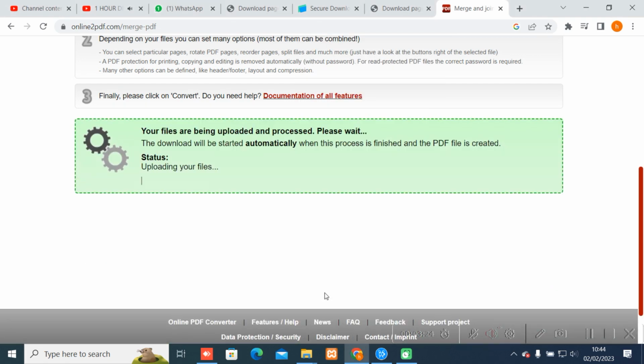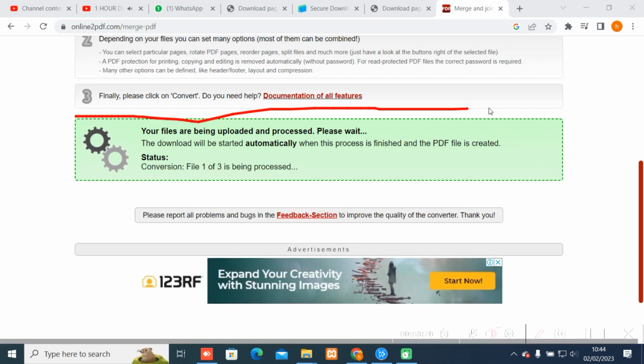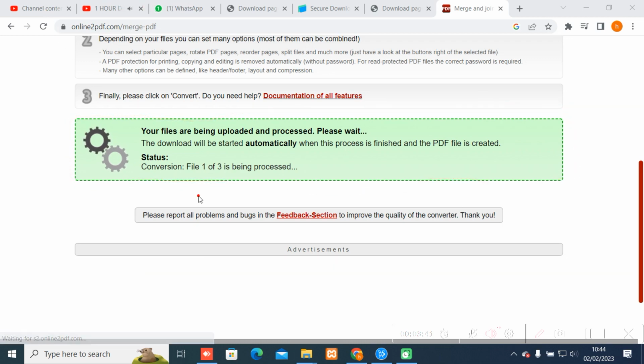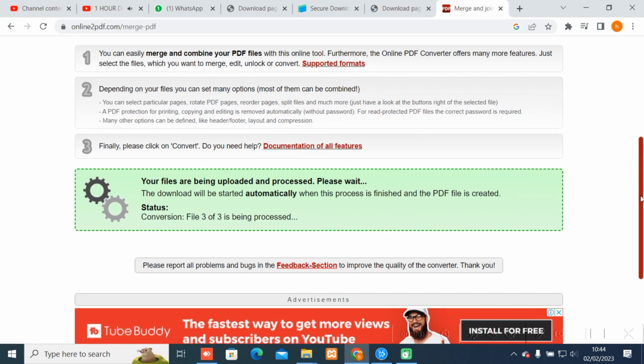Here it's saying your files are being uploaded. After the files have been uploaded, it will convert them into one document. It will merge them into one document. It's on file 2. Then it will go to file 3. When it's complete, it will download automatically